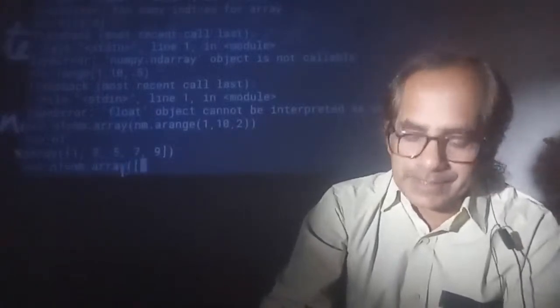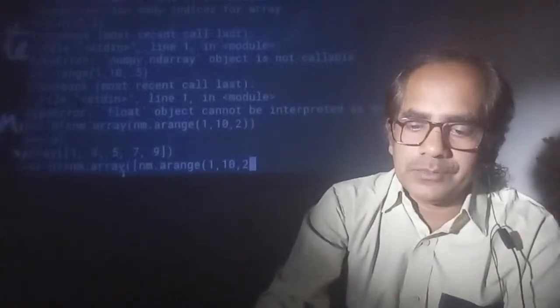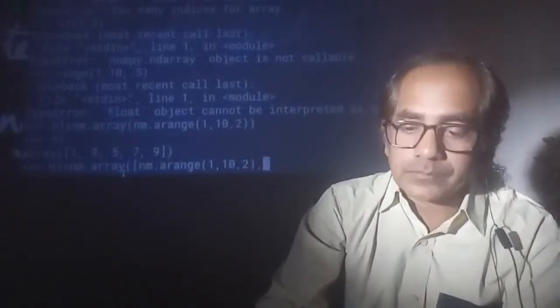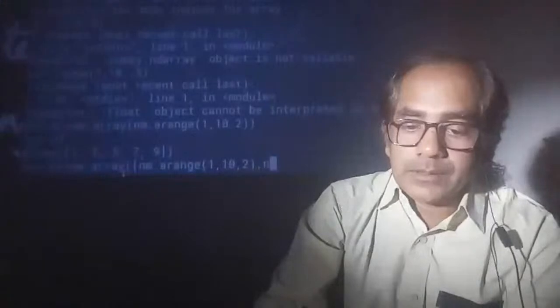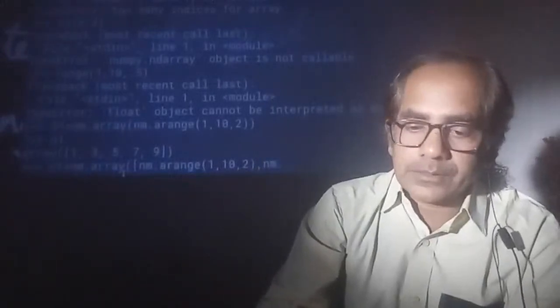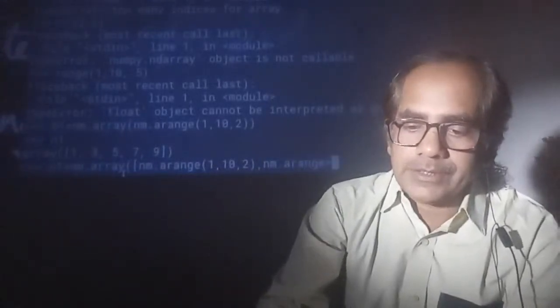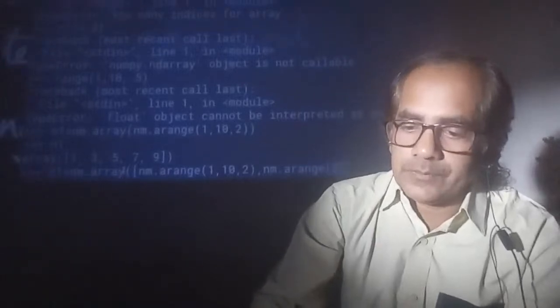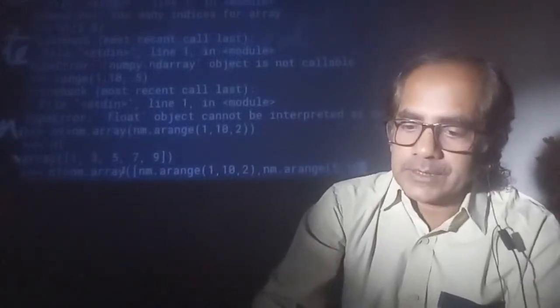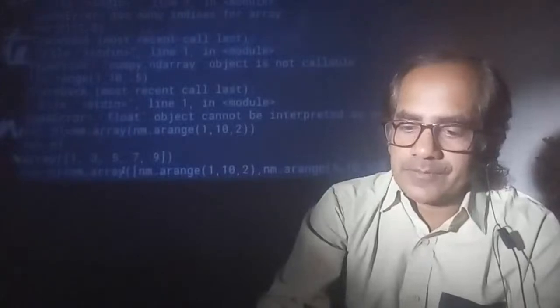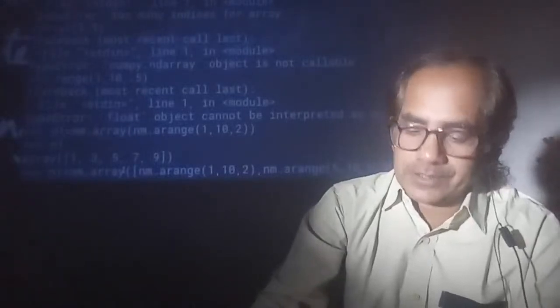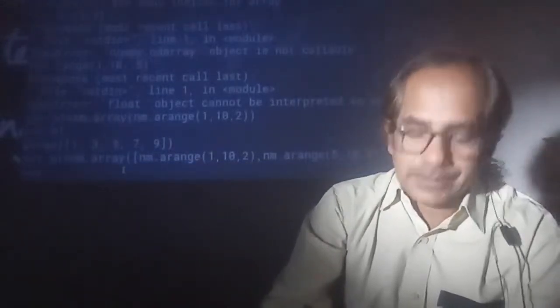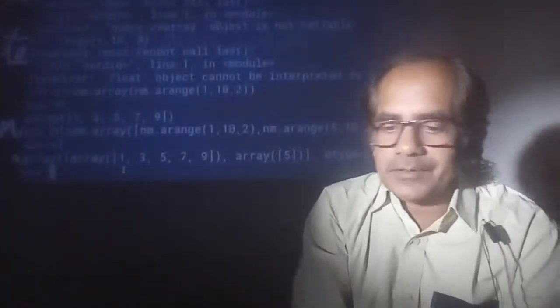When you give this in a list, nm dot arange 1 comma 10 comma 2 comma nm dot arange 5 comma 10 comma 5, list close and bracket close. Then when you print n1, you will find